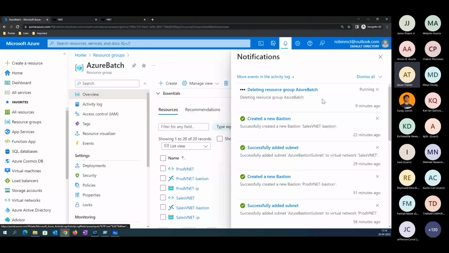You can see the creation is in progress here. It's taking time because multiple Bastion services were created.